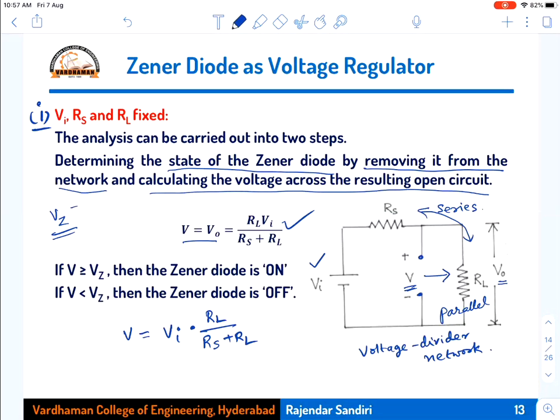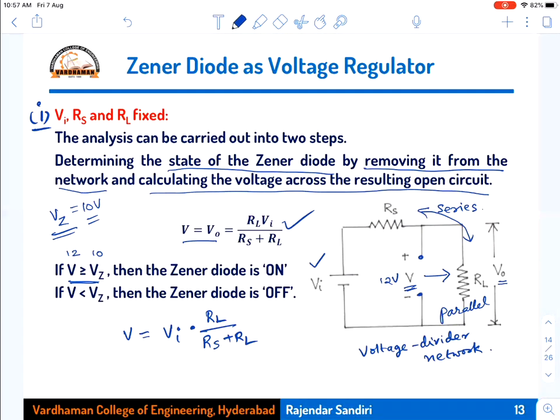Now how much will that be? It is given. Maybe it is 10 volts. It will be given in the specification sheet, or when we are solving the problem, the value of Vz will be given, because it is fixed for a given diode. So Vz is say 10 volts. Now, removing the diode, I have calculated what V is in place of that. Now this V is greater than or equal to Vz. Suppose the V value calculated here is 12 volts. Now I got 12 volts here, but the Zener voltage is 10 volts.